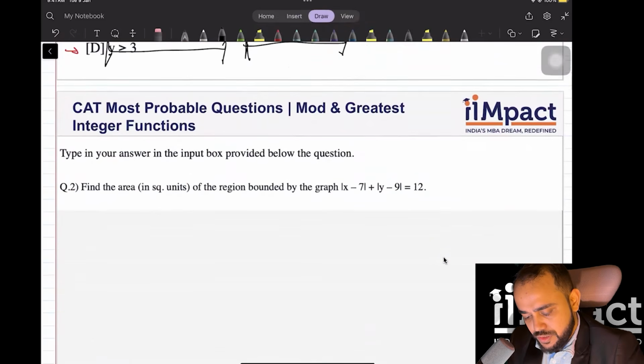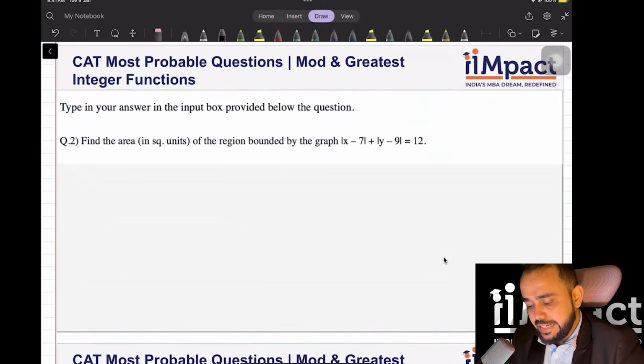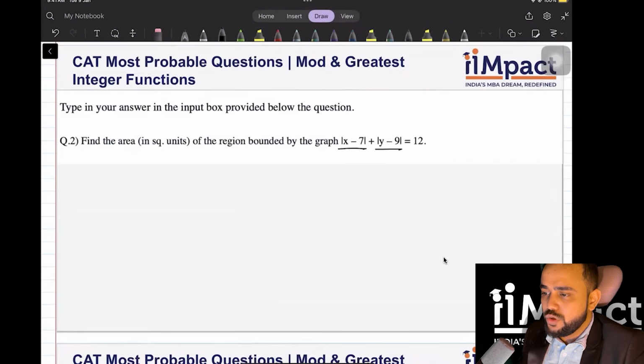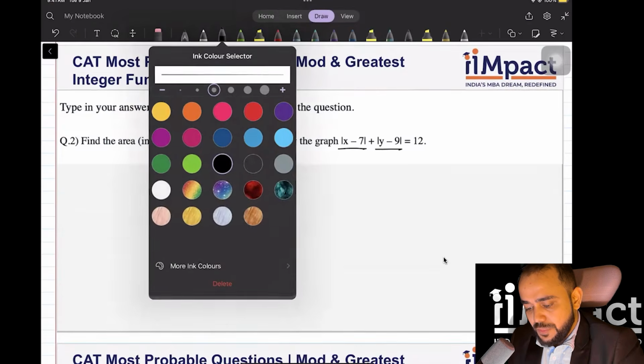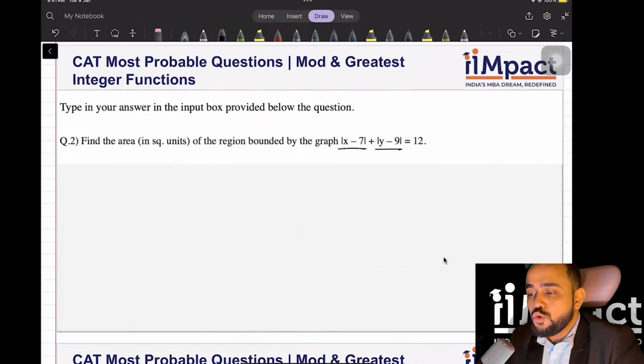Moving on to the next question. Find the area of the region bounded by the graph mod of x minus 7 plus mod of y minus 9 is equal to 12. Now, the number one mistake that a lot of people make here, not exactly a mistake, but they unnecessarily complicate things for themselves, is this. You can shift a graph without changing the area. For example,